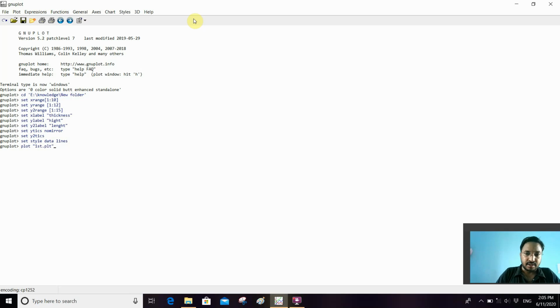Inverted comma close, and the title name I have to give is height, inverted comma close. The color I want to give for this graph is red. So I have to write lt rgb, inverted comma red, inverted comma close.